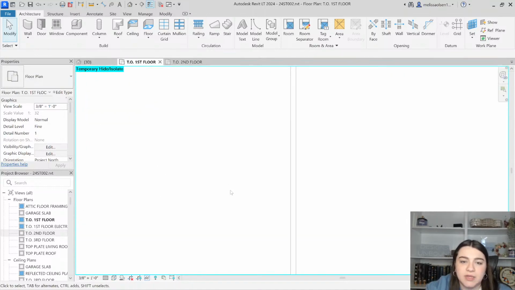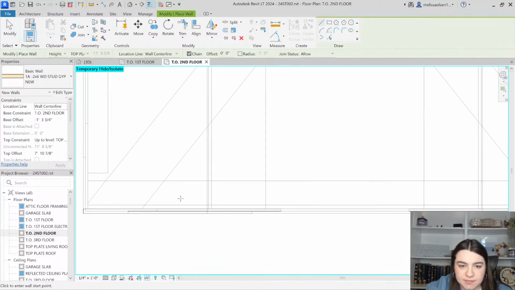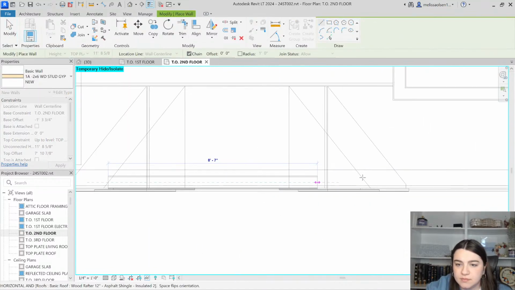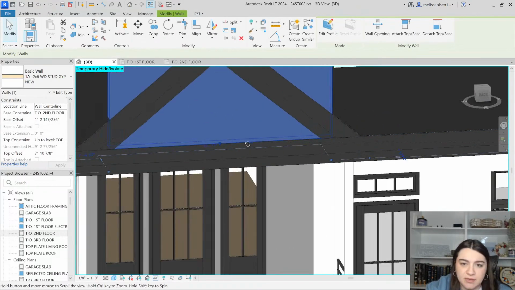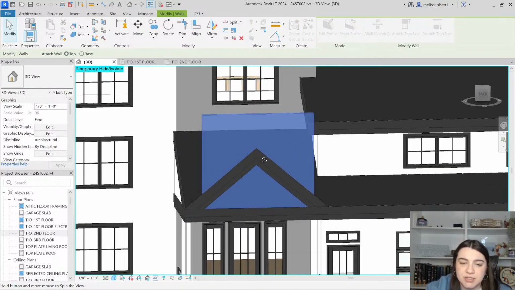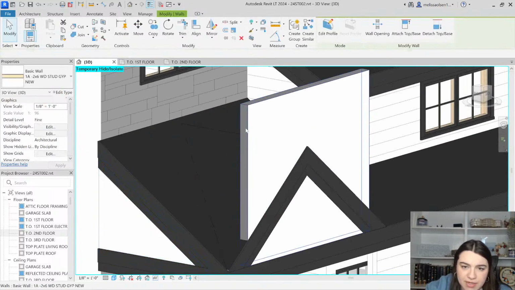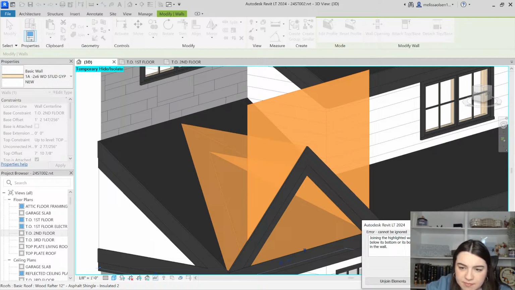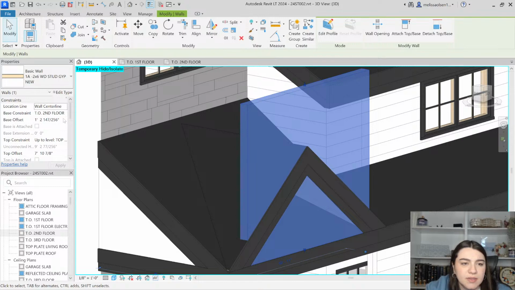Alright, we have to add our wall here in the front. And we'll just adjust it manually. And then we'll hit attach top to the walls. It said it would need to unjoin. I'm not sure why. Okay. So we need to change the constraints of the wall in order to have it cut off. I'm going to put the base constraint